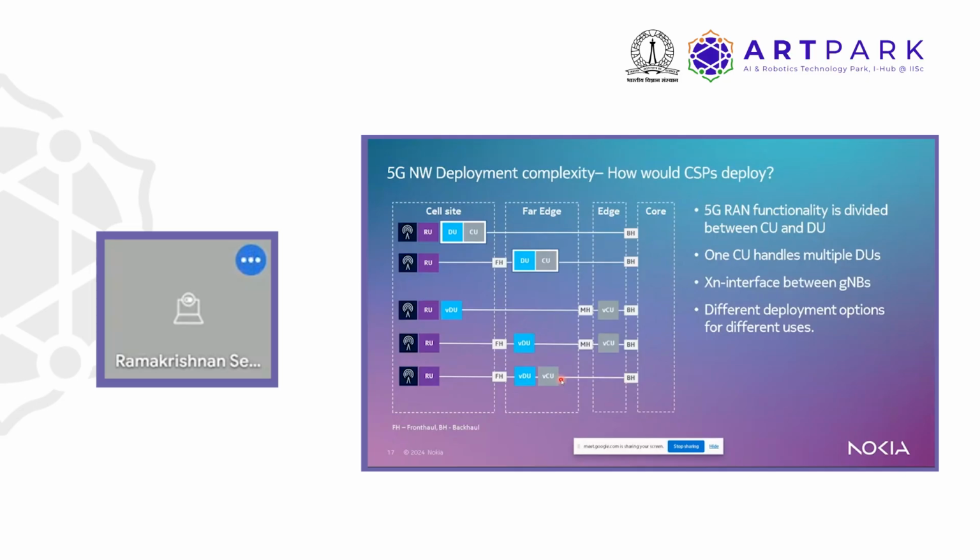So these are the different combinations of deployments that are now possible based on the split of DU and CU in 5G. But this also opens up lots of complexity with respect to interoperating with the existing network of 4G and also the 2G network. So pros and cons, they do have their own weightage, and depending on how easy or difficult it is for the operator, they transition towards a certain deployment option.